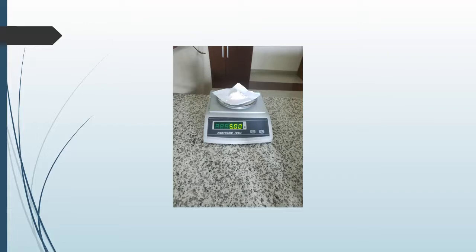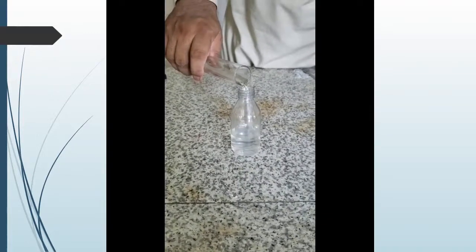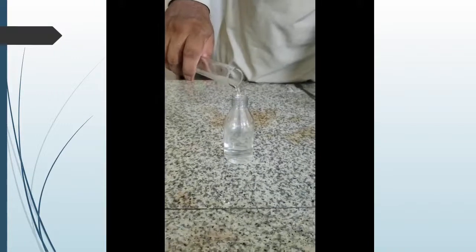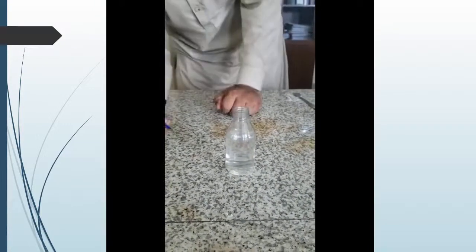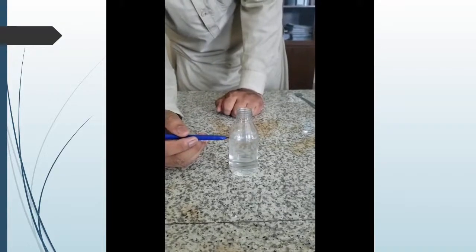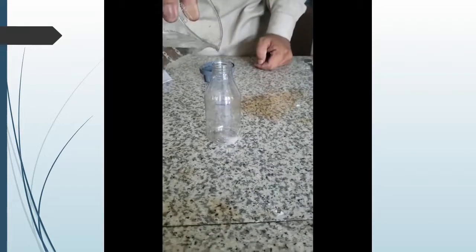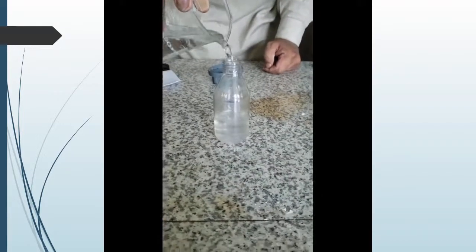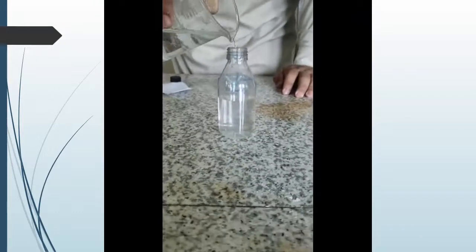According to the procedure, we are weighing 5 grams of dextrose on a weighing balance. As same for the saline, we will mark the bottle up to 100 ml for the dextrose solution, and later on we will discard the water. Making dextrose solution is same as that of saline. We will add 5 grams of dextrose and add water and then shake it to make a dextrose solution. The procedure is very simple for both.